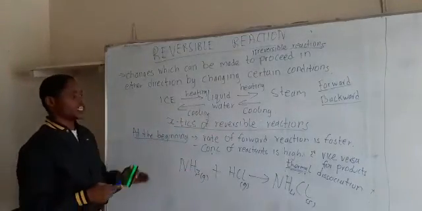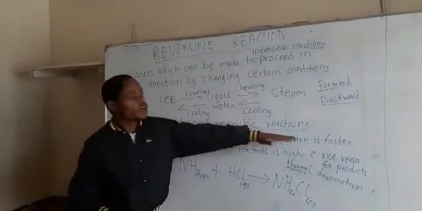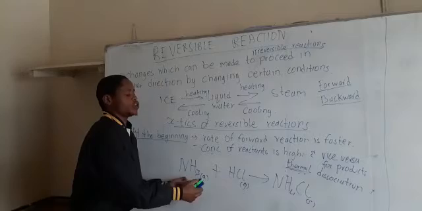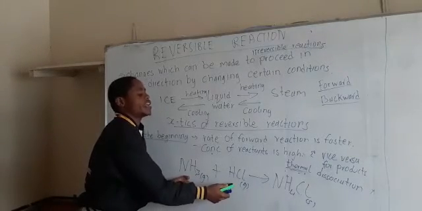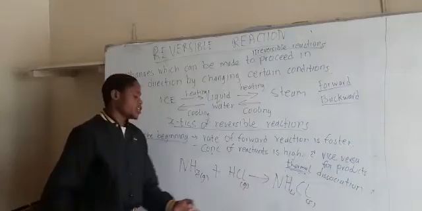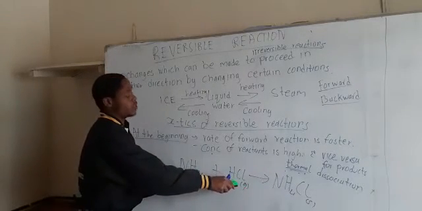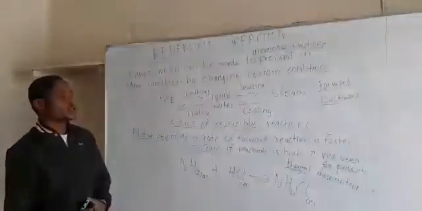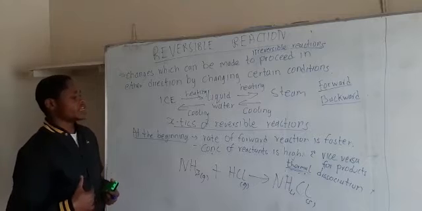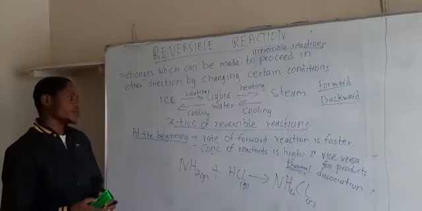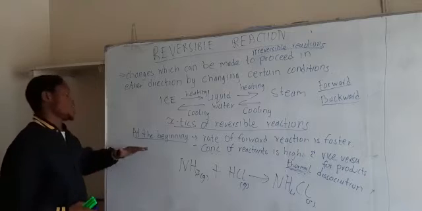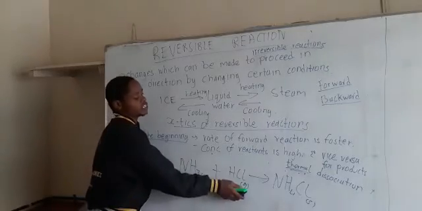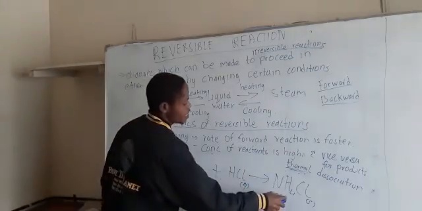So at the beginning of this reaction, of course, the rate of forward reaction is faster. And why is that? Because at the beginning of the reaction, the concentration of the reactant is higher. At zero time, we have no products. So these reactants will be combining to form the products. And the rate of the forward reaction decreases as the reaction progresses. The opposite is also true at the end, whereby all the ammonia gas and the hydrogen chloride gas will have combined to form the